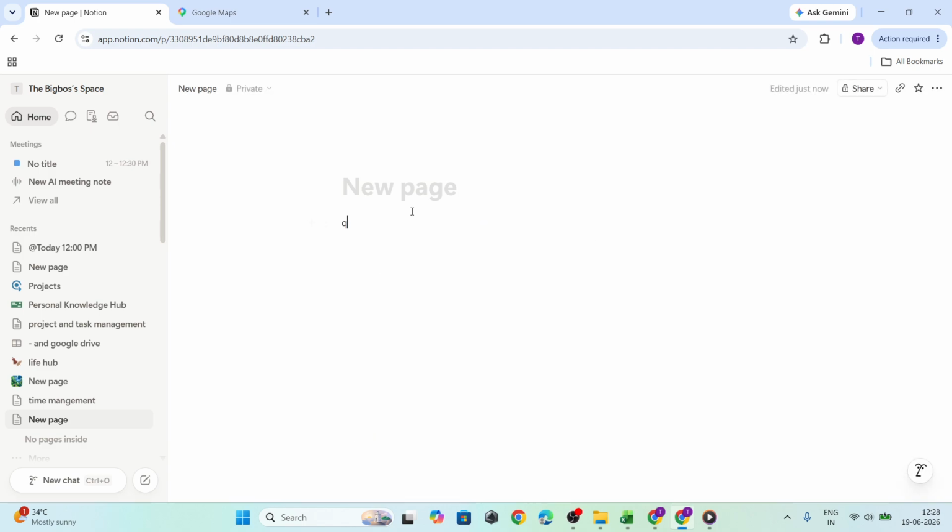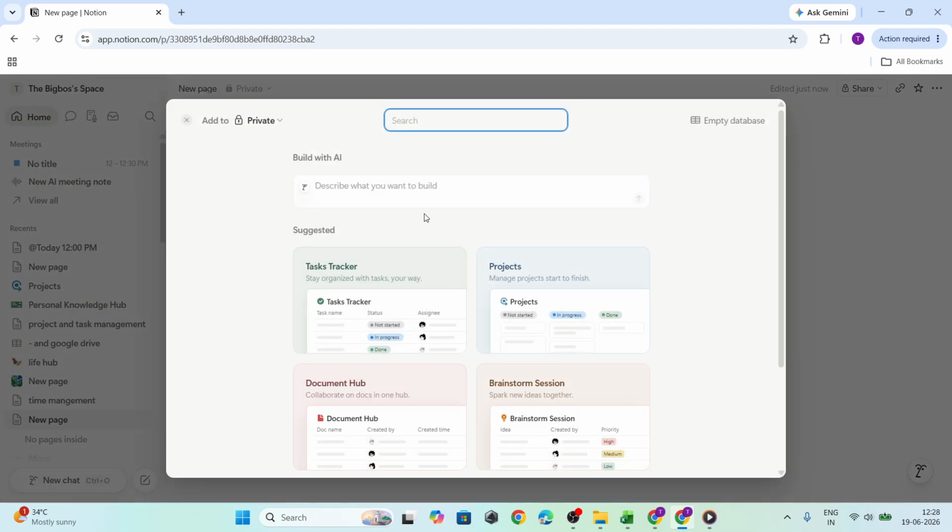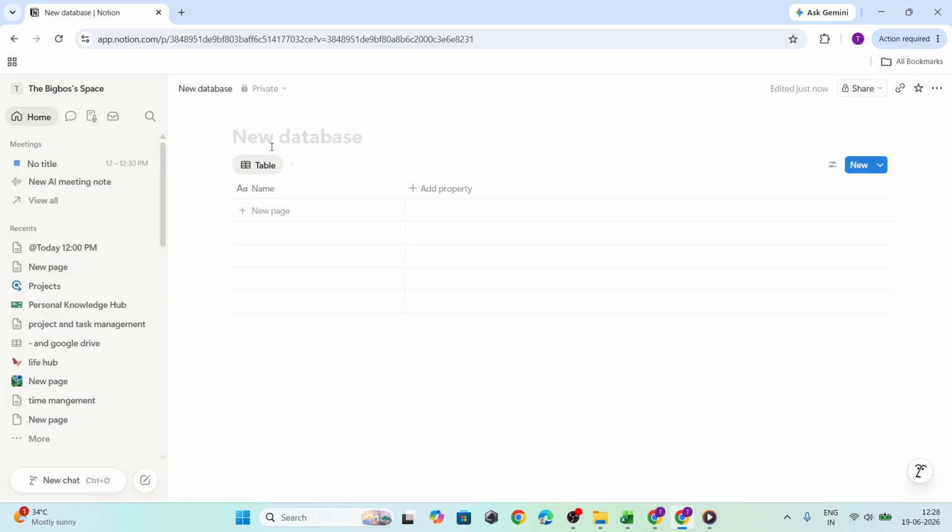Today's video, I'm going to teach you how to add properties to a page in Notion. If you use Notion to organize projects, tasks, notes, or team information, adding properties is one of the easiest ways to make your pages more useful. Properties let you track specific kinds of information directly on a page, such as dates, status updates, assignees, tags, or simple checkboxes. Once you know where to find them and how to set them up, customizing a page becomes very